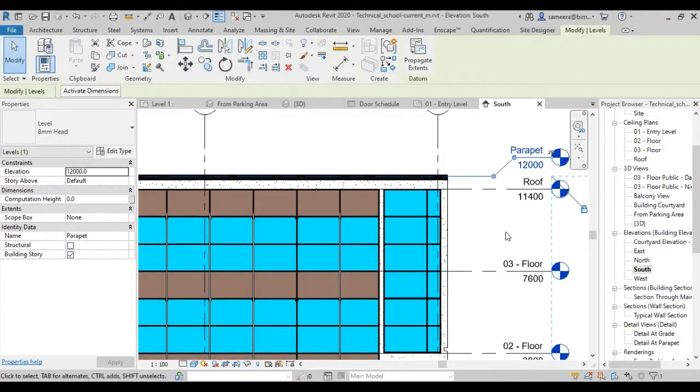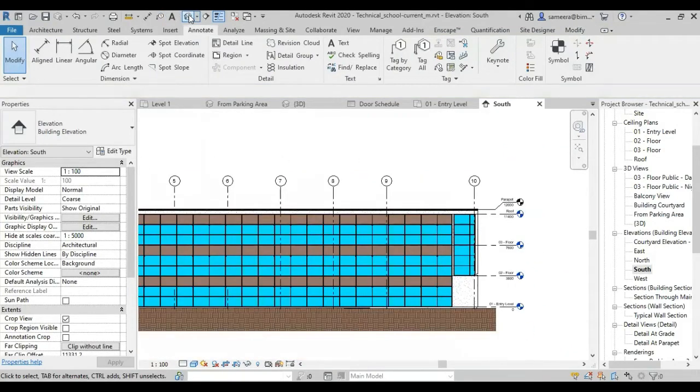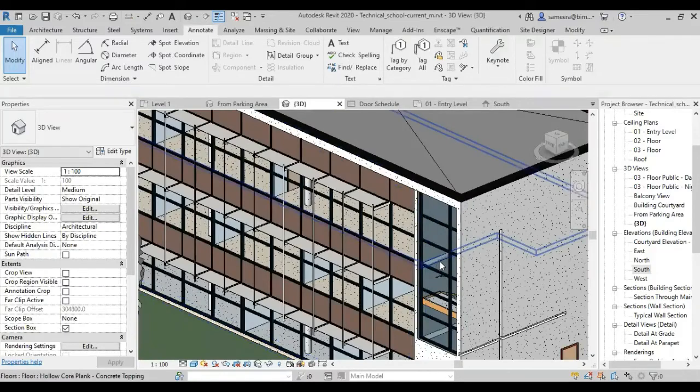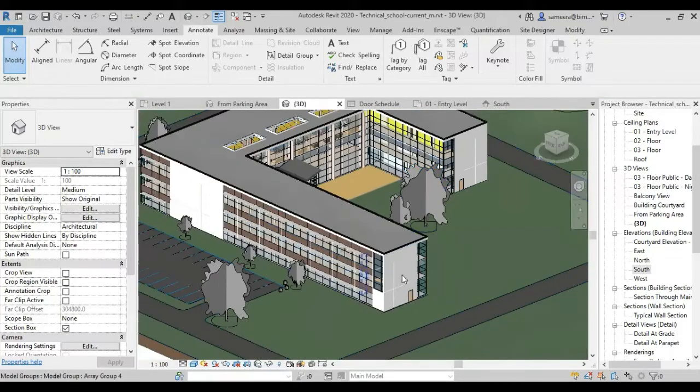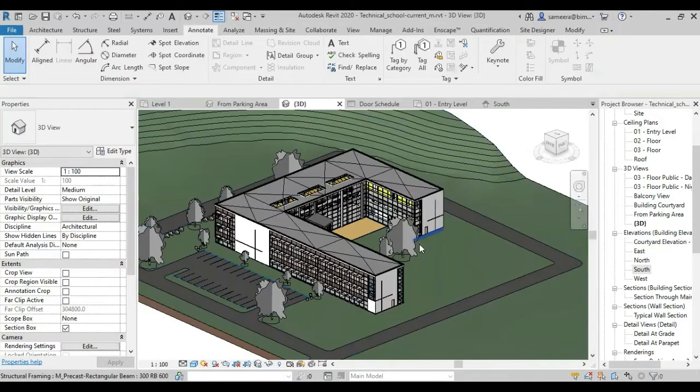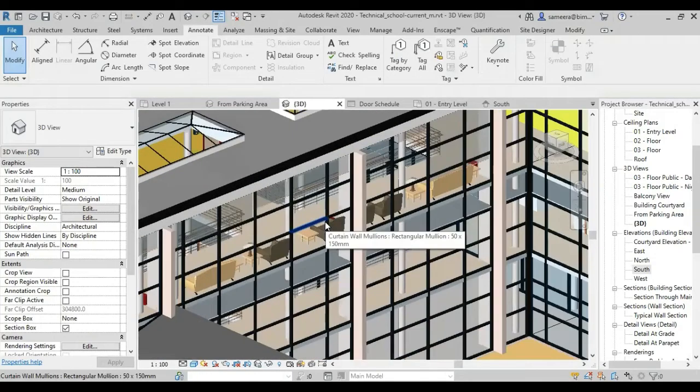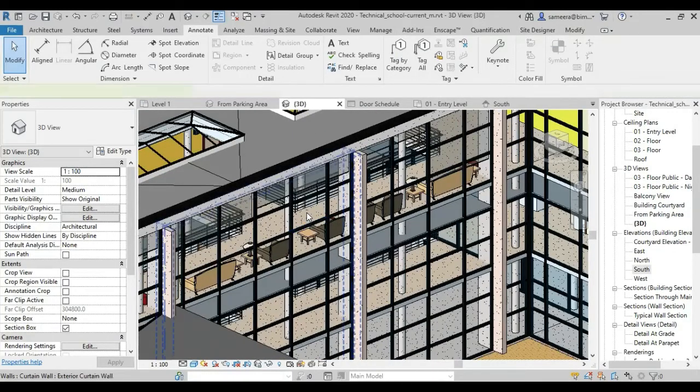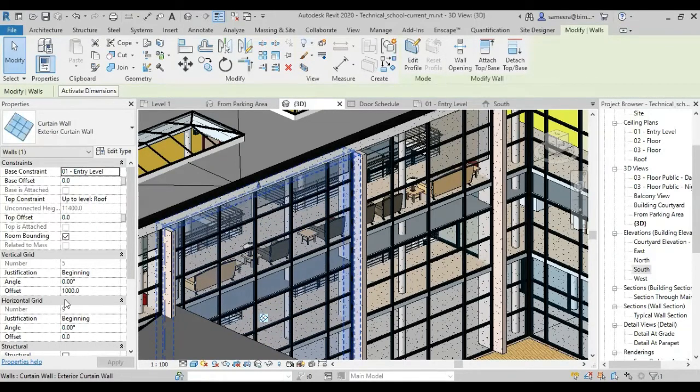That's it. And I already told you about the curtain wall type. I can show you that. You have to select the curtain wall. In this particular building itself, there are a lot of curtain walls, so you have to correctly locate the portion where they ask you to make the changes for the specified curtain wall. Then here we can see the vertical grid and horizontal grid justification. Now it shows the beginning justification, and the vertical grid has an offset of 1000, but they may ask us to change the justification for the vertical grid, the horizontal grid, or maybe both. After changing this, they may ask you to select a particular panel.